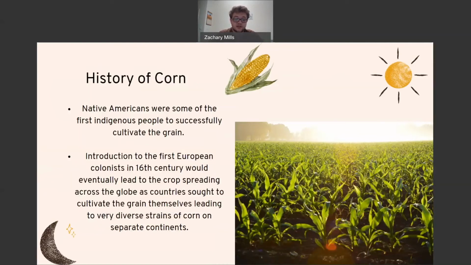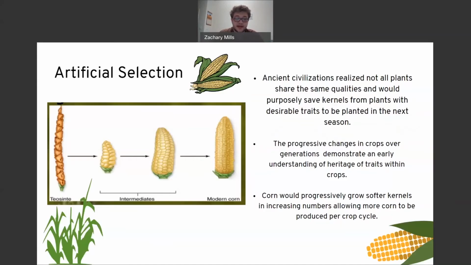the grain spreading across the globe, which would eventually lead to many diverse strains of corn developing on different continents. Ancient civilizations would soon begin to practice artificial selection as they would realize not all plants share the same qualities, and would purposely save the kernels from plants with desirable traits to be planted in the next season. Over generations, progressive changes begin to emerge in the crop, thus demonstrating an early understanding of the heritage of traits